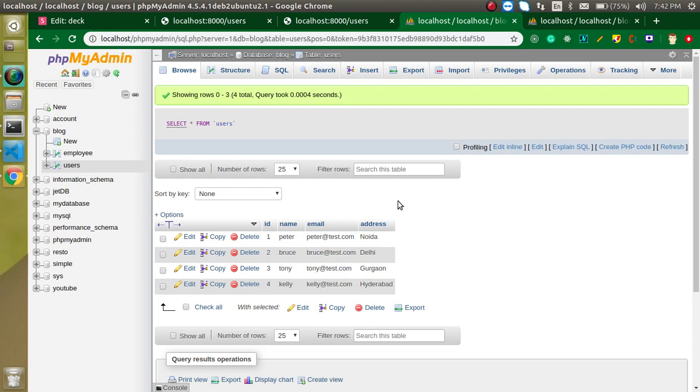So that's all about the model. And yes, there is more functionality in the model also, like we can write joins here, we can make one-to-one relations, one-to-many relations, and all kinds of relations between the tables, as well as define mutators and many other things.